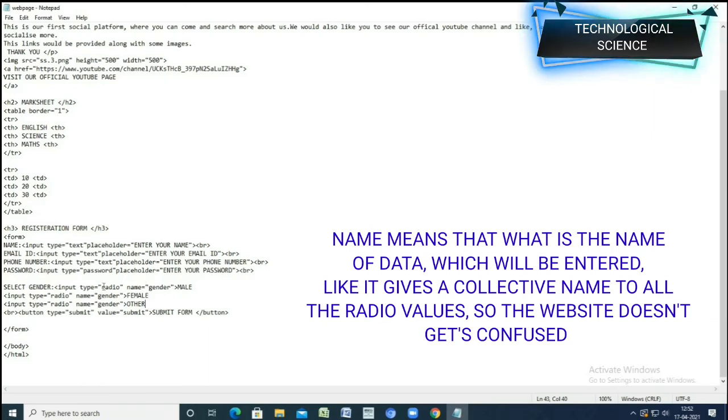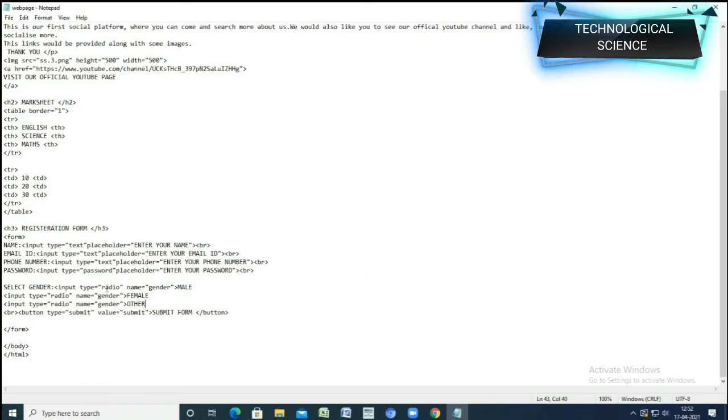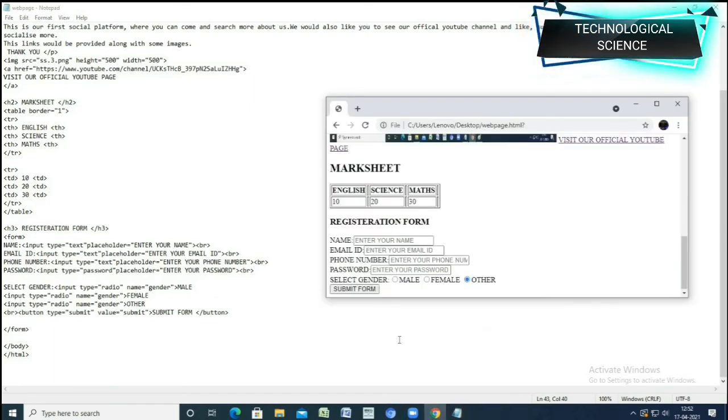I hope you understood how to put it. Radio is the type of data where only one person can select one type of data. Then you have to type the answers, like male, female and other. Okay, then this was all about this.